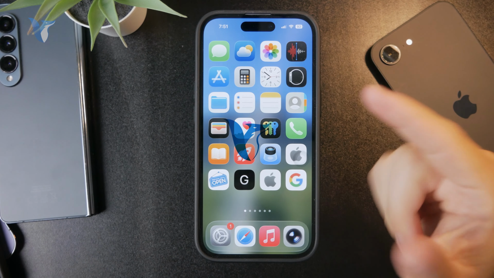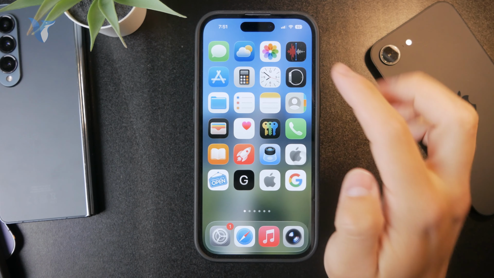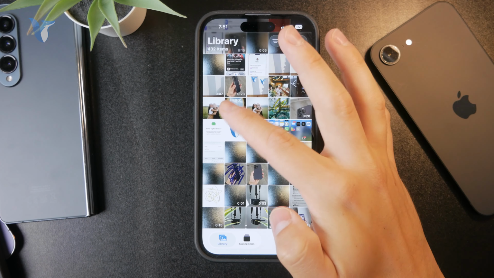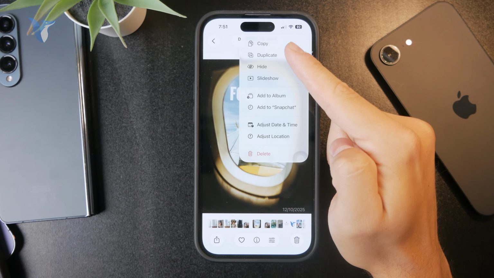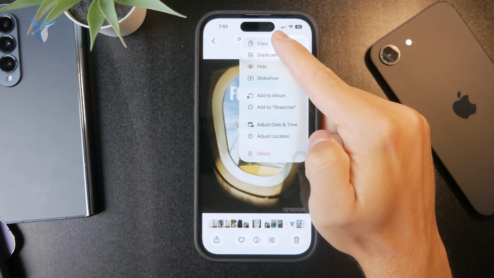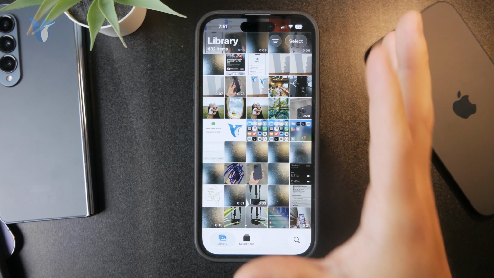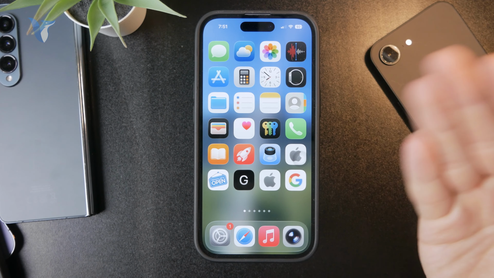This is how we can copy photos to the clipboard on the iPhone. It depends on where the photo is. For example, it might be inside of the gallery as usual. You open up the image, and you have the ability to click on the three dots in the top right and click on copy. Now, the picture is copied in the clipboard in the background, and you can now paste it in the supported